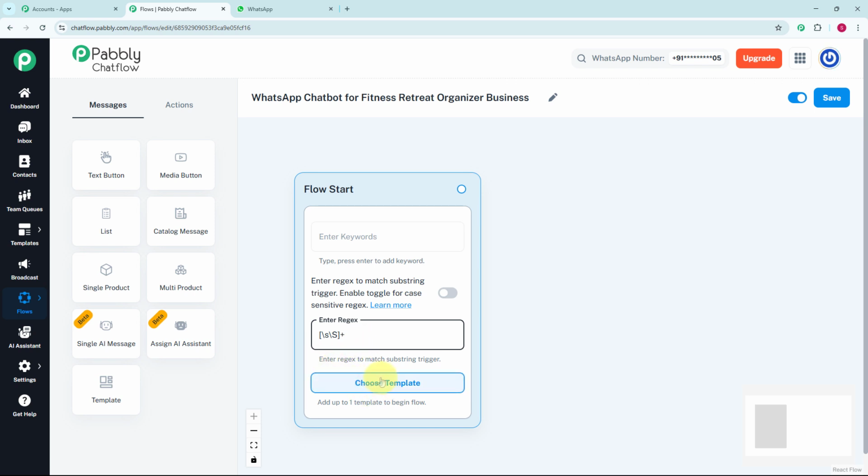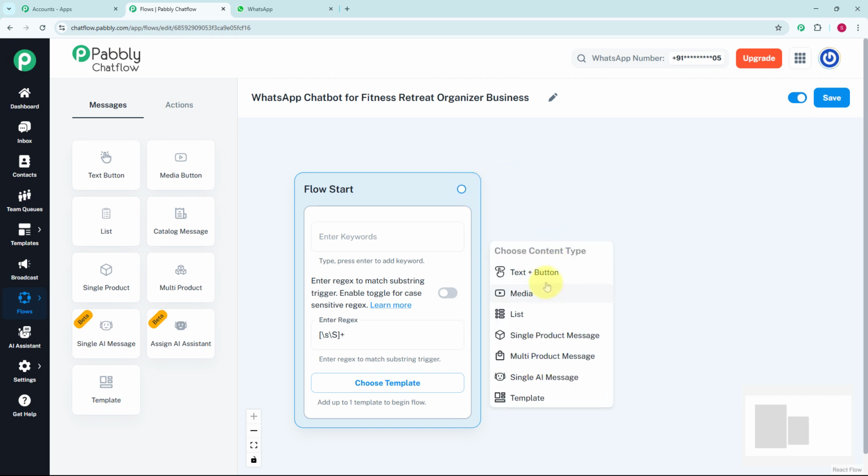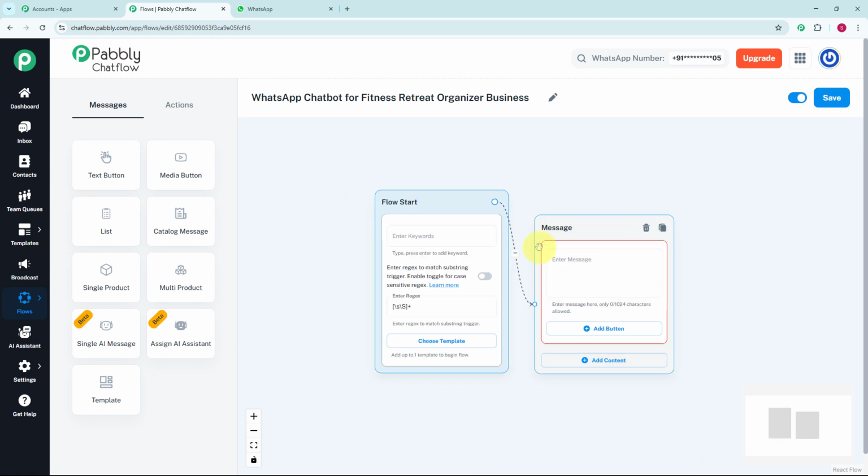Now moving on further, here it is asking me to choose templates. So if you want to add a template to your message, you can choose templates from here. Now if the user sends me a message, I want to send them a welcome message. For that, I will just drag and drop, and here you can see we are getting many options. For entering the message, we just have to select text plus button, but you can choose another content type based on your need also. Now as I'm selecting text plus button, I have got this message node,